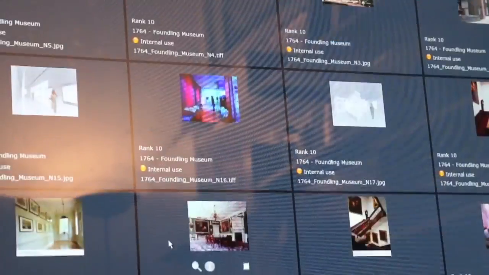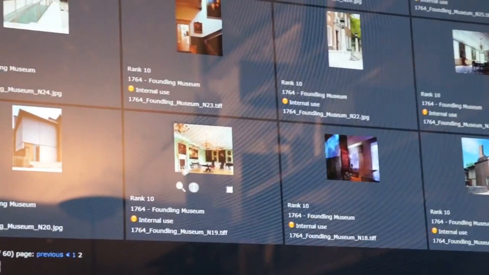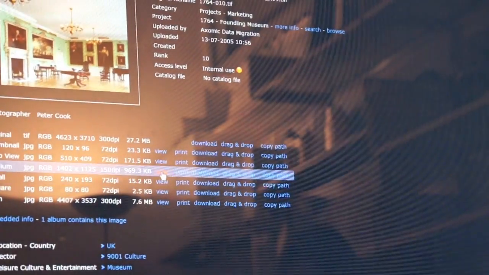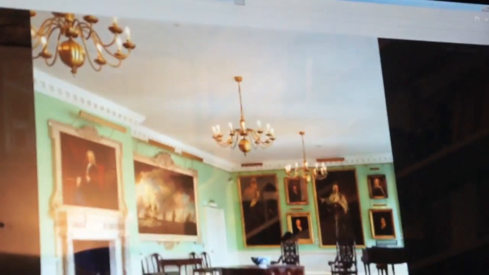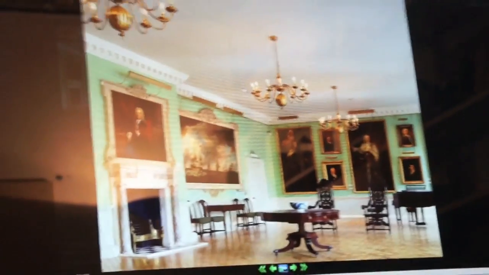Great. Well, let me see if I've got... Oh yes, did I show you this? This is the most magnificent room, and that's the picture gallery. So that, again, all of this was